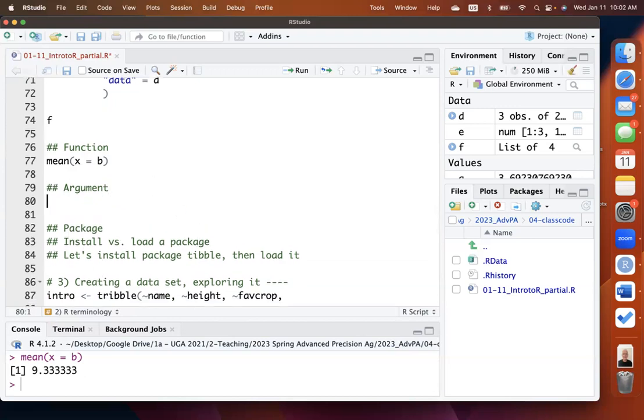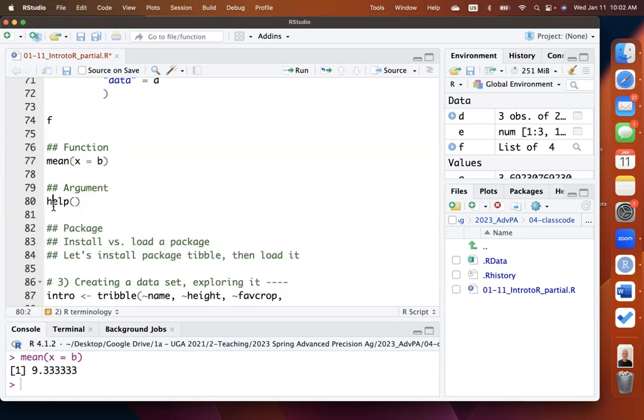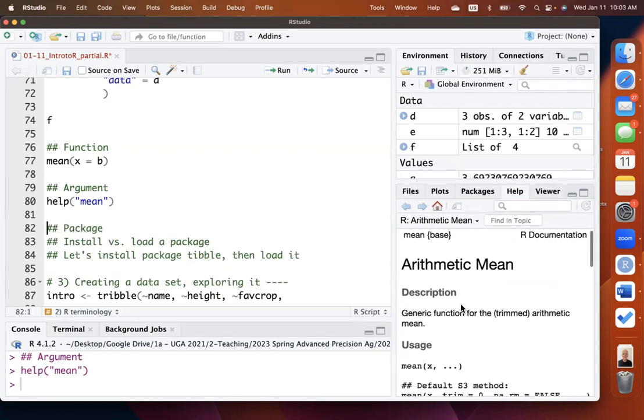Okay, so one thing that's really important, and this happens to me a lot, is when I'm trying to program something in R and the function is not working for some reason. How do I know what to expect from it and what arguments can I change? So there's a function called help that I want you to explore. So help, and then you open and close parentheses, and give it the name of any function that you want to know more about. So if we say help mean, notice here on the right side, there is an entire